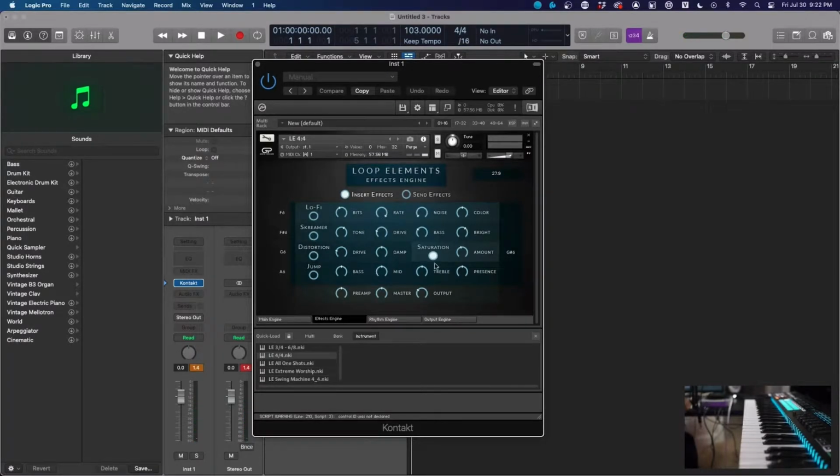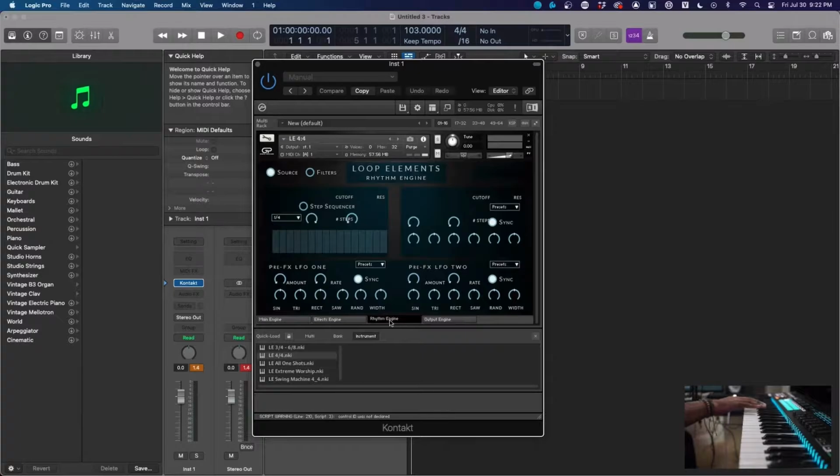Now, another thing that's really dope, we'll turn all of these off just to make sure everything's clear. We can start with a fresh slate. So let's go back here with this. This is the rhythm engine, and the rhythm engine allows you to basically create your own rhythms, so to speak. So I'll demonstrate. Let's say you have a specific kick pattern. This is not at all scientific, but I can draw in a kick pattern here in the velocity in which I want it to hit. Draw in a pattern altogether. And I turn on the step sequencer. Now when I play the kick,